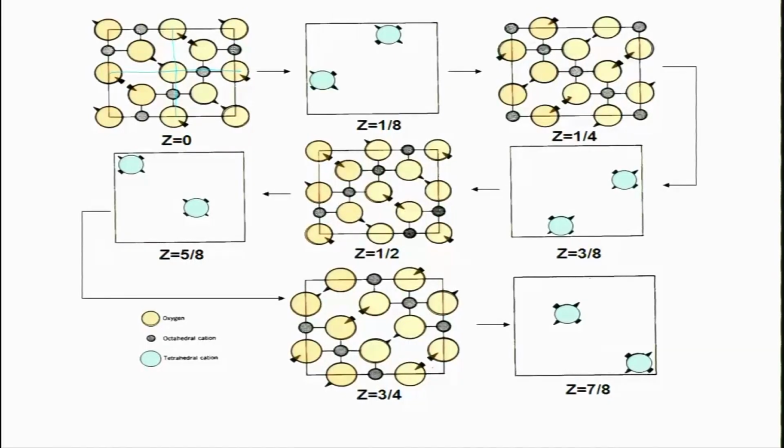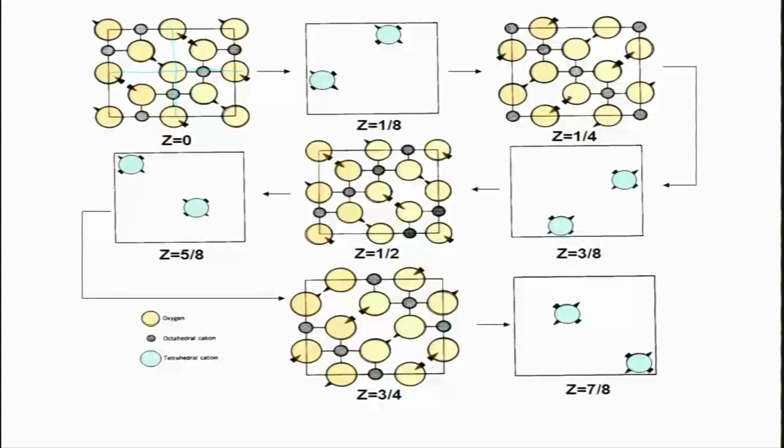Now you can see that these are shifted with respect to what you have at Z equal to 5 by 8. So these are shifted to the next available corner. Then at Z equal to 1, you will have the arrangement which is the same as Z equal to 0. So this is how you arrange cations and anions,